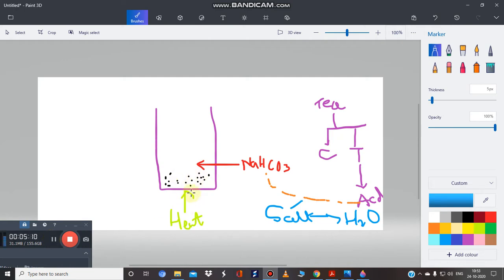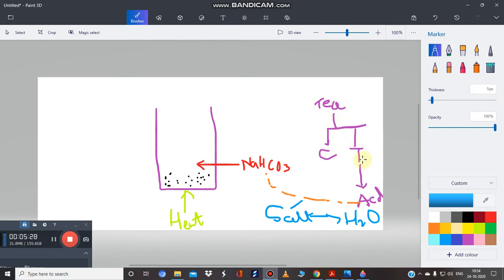What happens during this procedure? As we know, tea contains alkaloids like caffeine. Remember this: caffeine is also a pseudo alkaloid. It is not a true alkaloid. Just go through the classification of alkaloids: true, proto, and pseudo. So tea contains caffeine, and then tannins and other material.